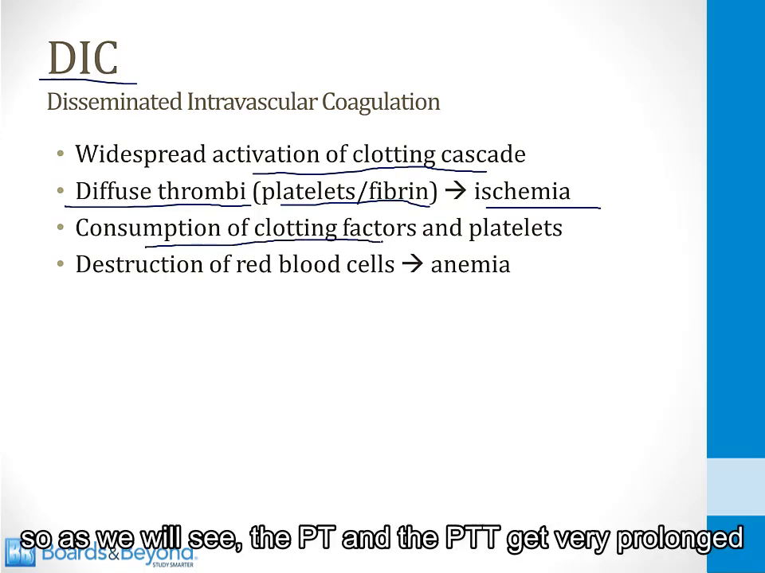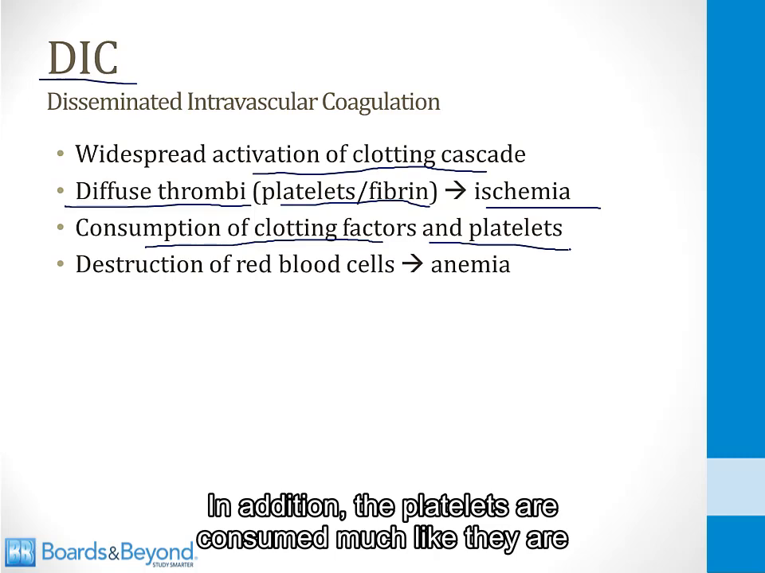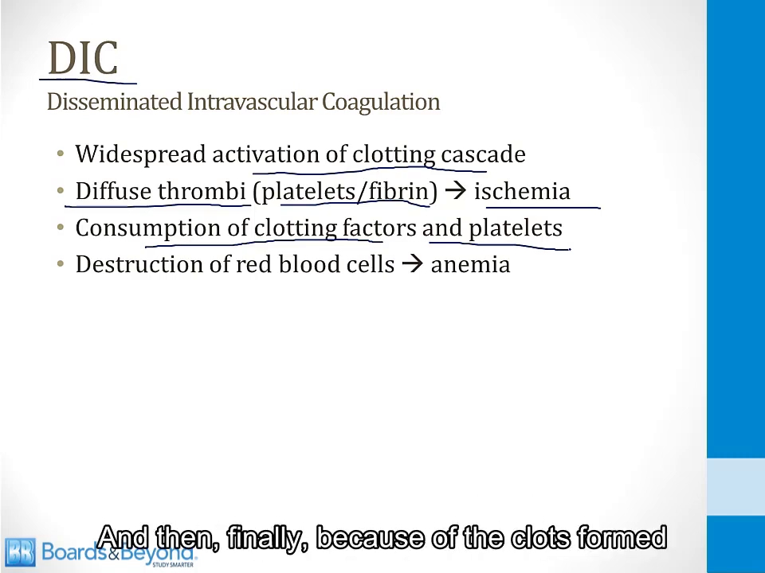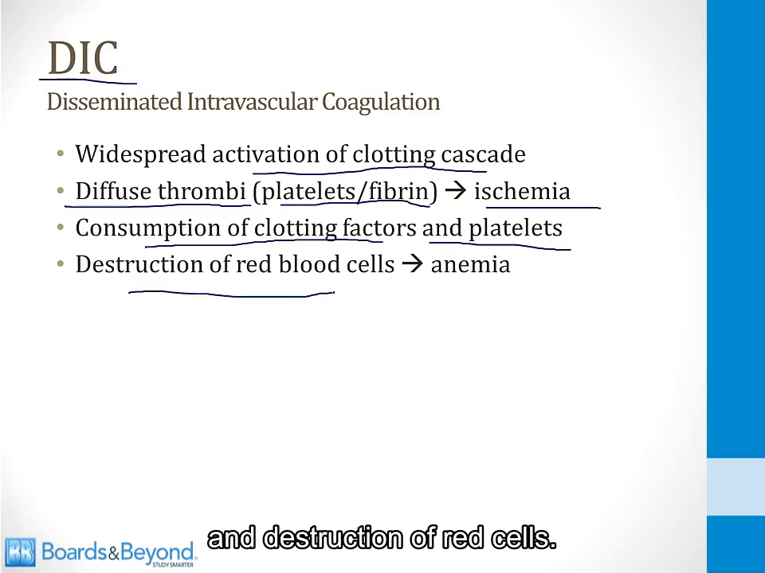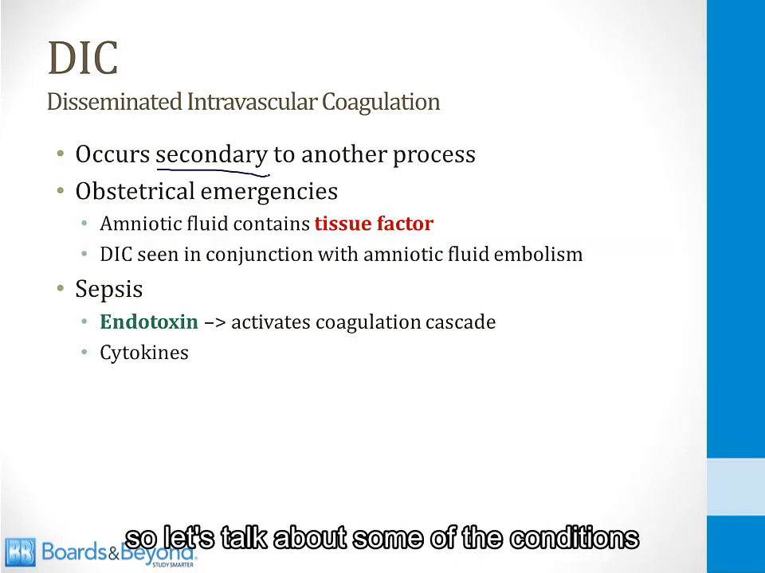So as we will see, the PT and the PTT get very prolonged in DIC. In addition, the platelets are consumed much like they are in TTP, and you get low platelets. And then finally, because of the clots formed in small blood vessels, there is microangiopathic hemolytic anemia and destruction of red cells. DIC always occurs secondary to some other process, so let's talk about some of the conditions that can